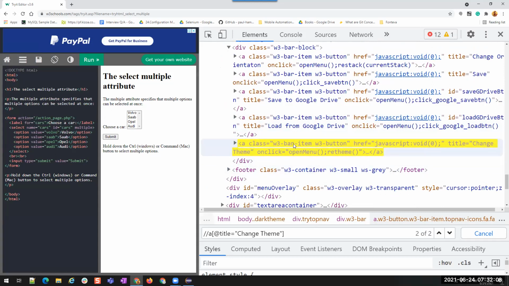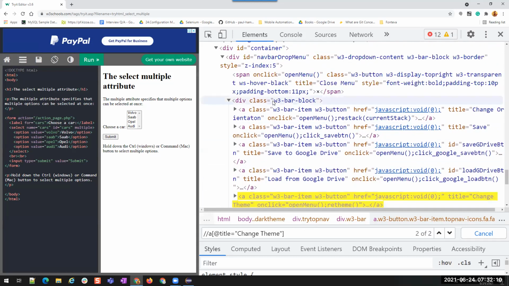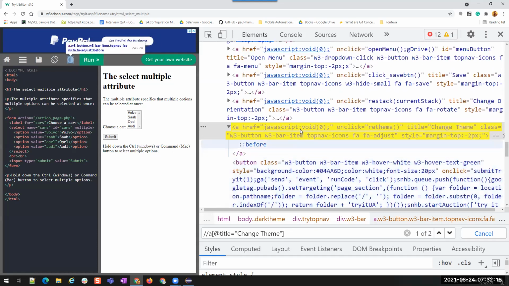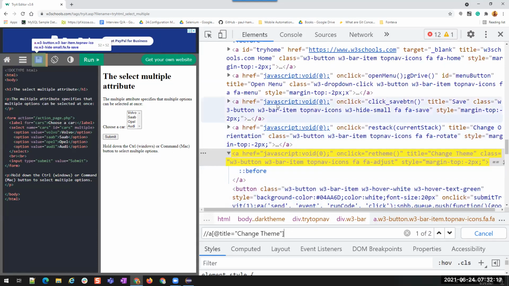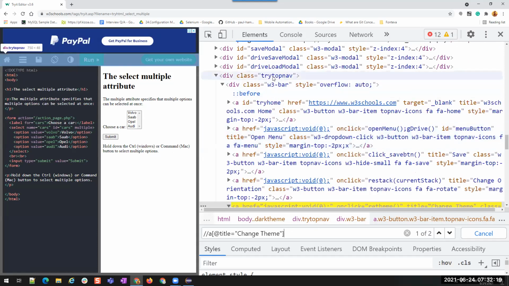Okay, so since this is showing, this is from Barbara. This is try top now, so I can use this div to make it unique.